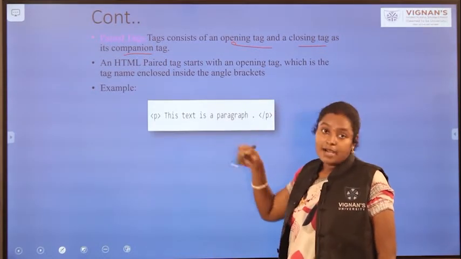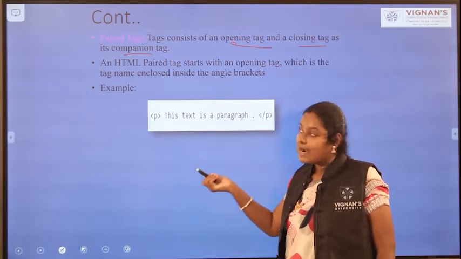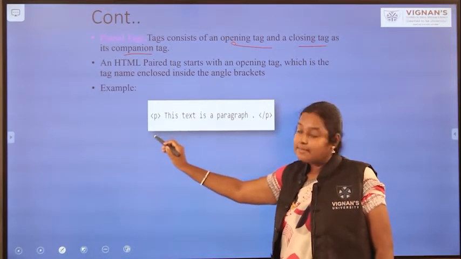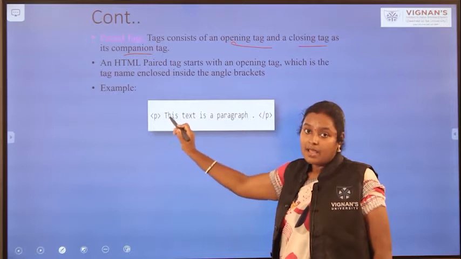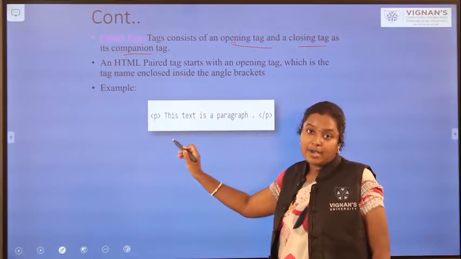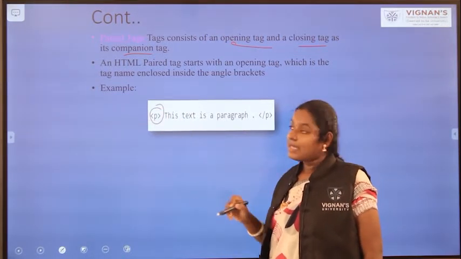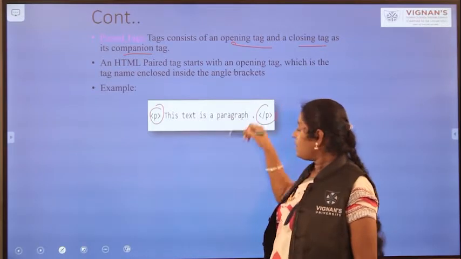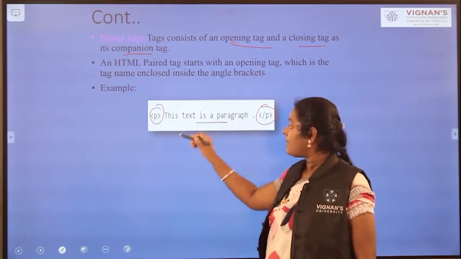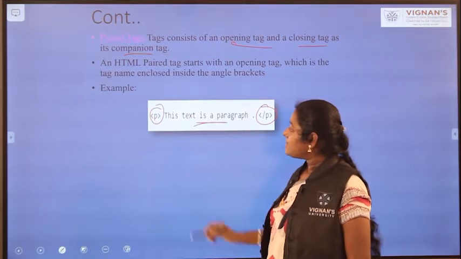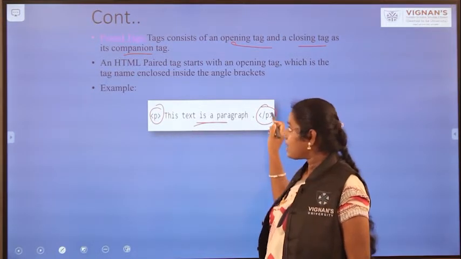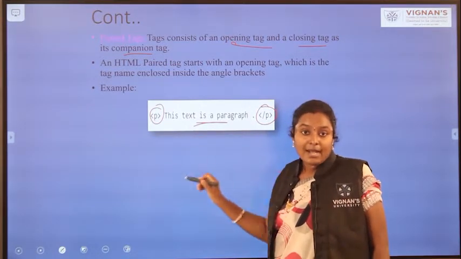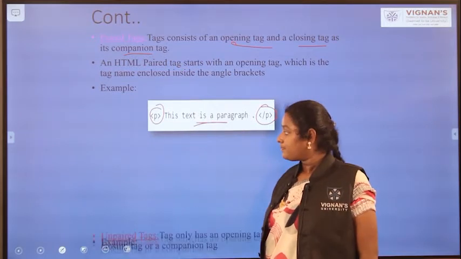The tag starts with the less than symbol, the name of the tag, and then closes. This is the opening tag, this is the closing tag, and here you will write the content. These types of tags are called paired tags.